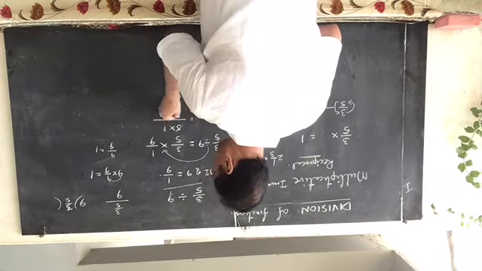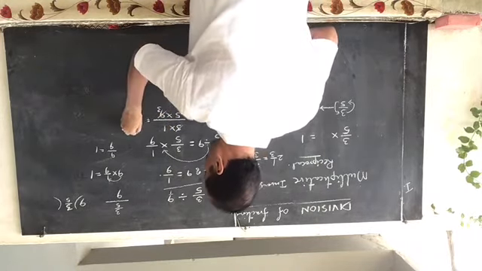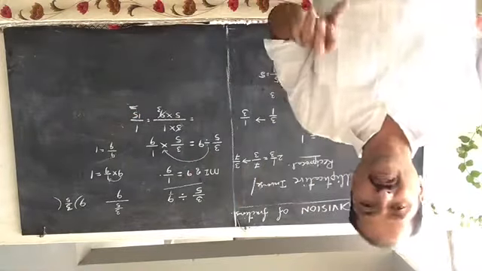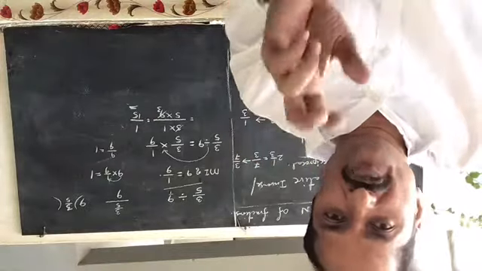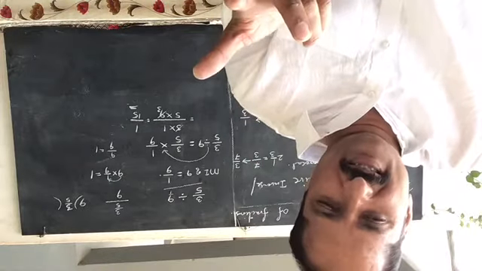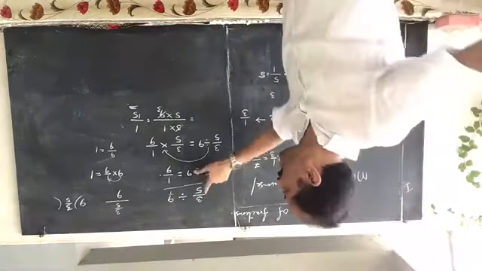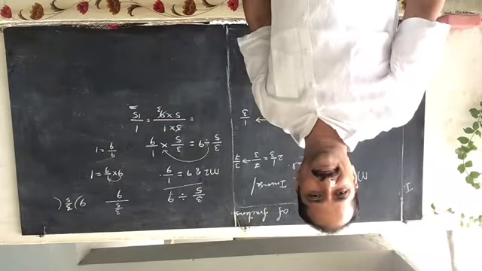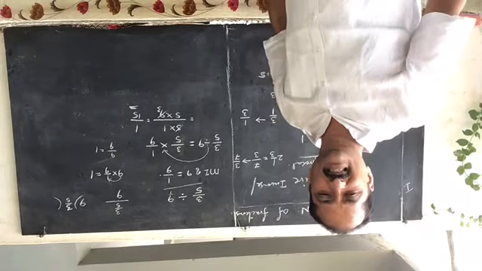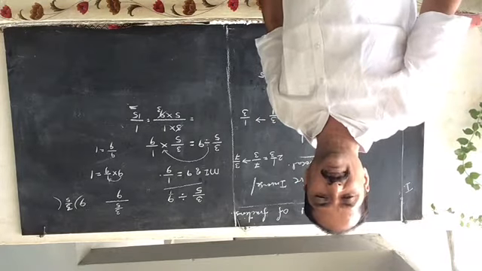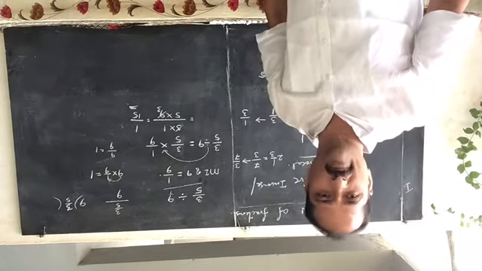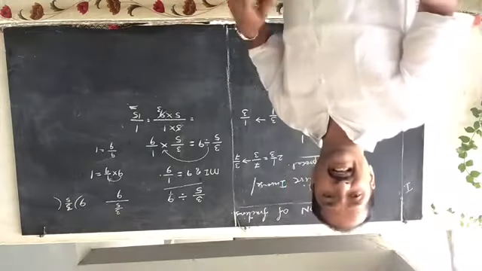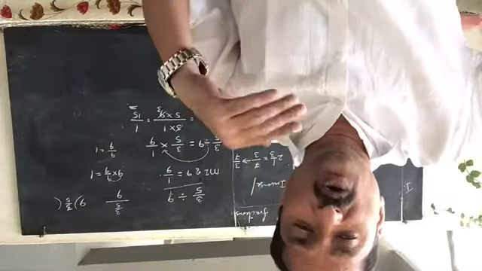Common factors: 3 ones are 3, 3 threes are 9. So 1 by 5 threes are 15. So 1 by 15 is the quotient. If you are dividing, you will get a quotient. If you are multiplying, you will get a product. Now here we are dividing. So 3 by 5 divided by 9 is equal to how much? 1 by 15. Now what is this? The first kind was multiplying a fraction with a whole number. The second one you can see: dividing a fraction by a whole number.